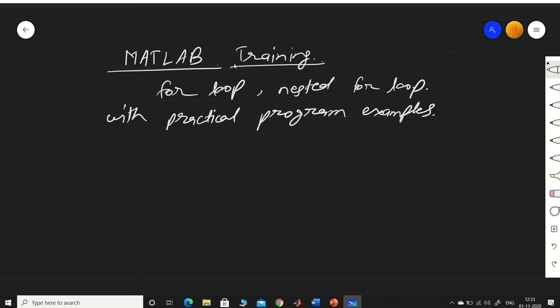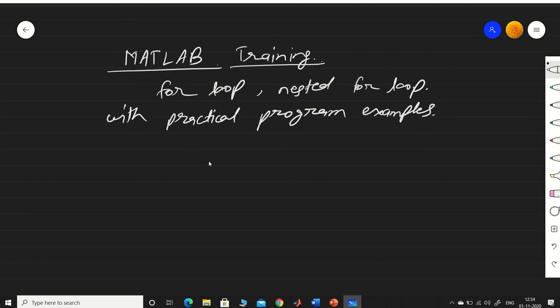So we will be seeing for loop today, and in that for loop we will explain with examples how to use it from beginning to end. We'll be discussing some of the programs using nested for loop also, and how for loop can be built for two-dimensional array, three-dimensional array very easily. How you can make it vectored operations also, so that you can reduce the number of for loops.